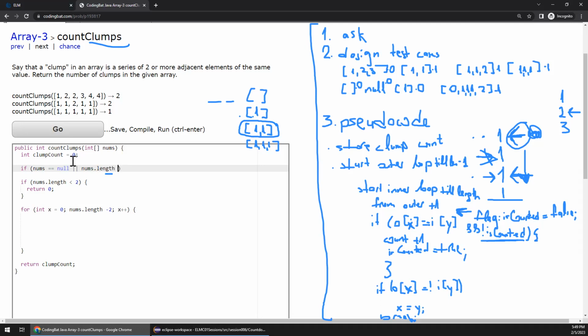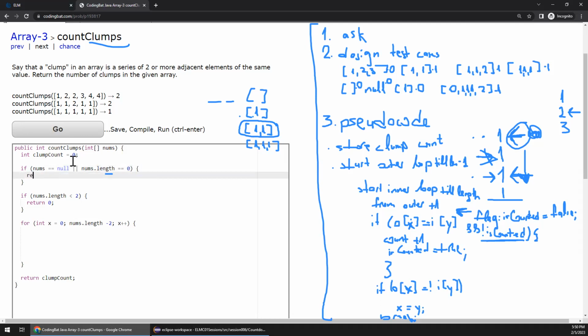is 0. I was thinking about something else. Return 0. What are we doing here? We are answering these questions: the case where the array is empty, the case where the array is null, the case where the array is a single element, right? And when we look at these 2 if conditions, what we're going to say is,